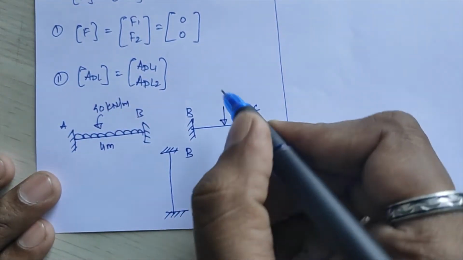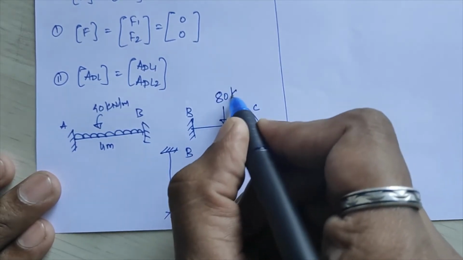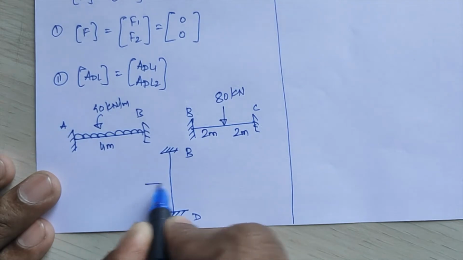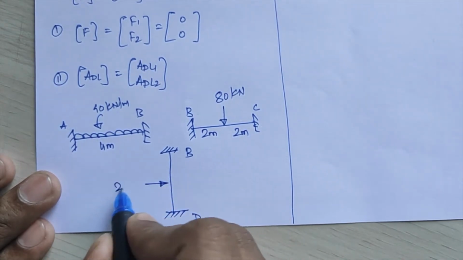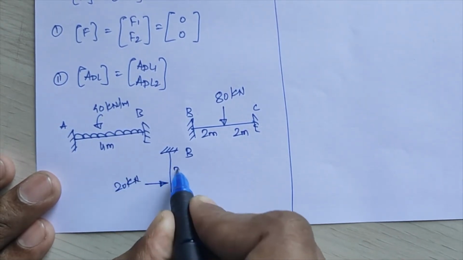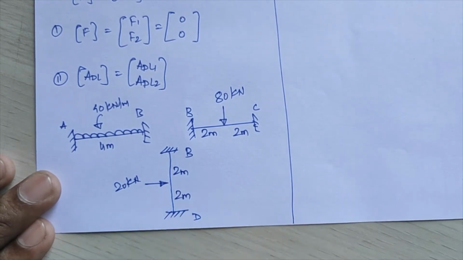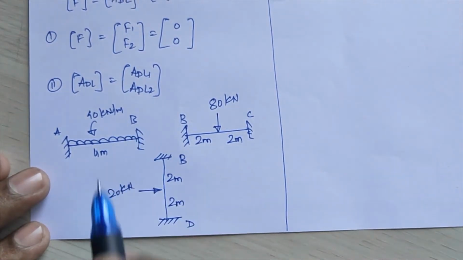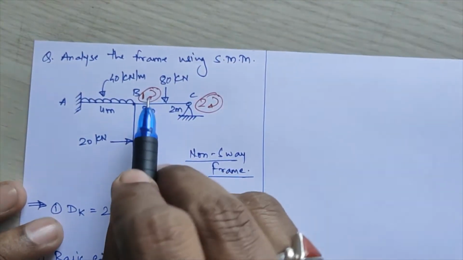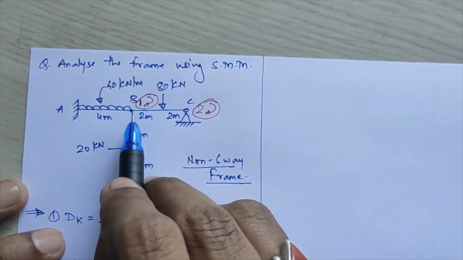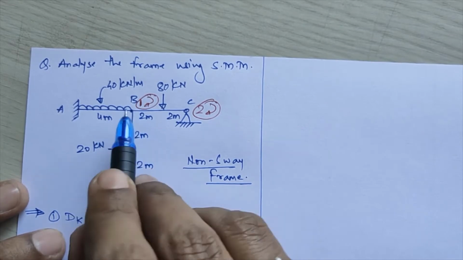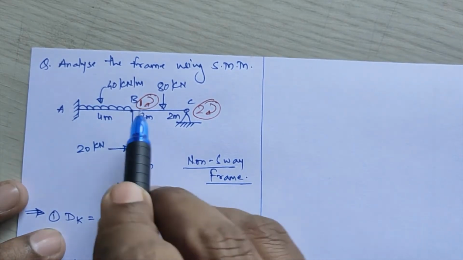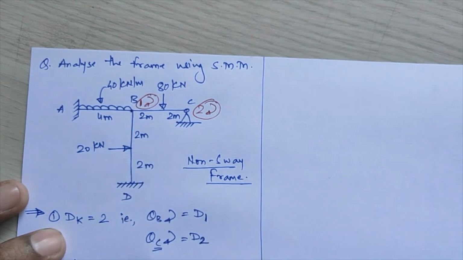Here you are having a point load of 80 kilonewton at a distance 2 meter and 2 meter apart from B and C, and this is again your 20 kilonewton at a distance 2 meter apart from B and point D over there. Right, now you have to calculate the fixed end moments. So selected at your first coordinate, whatever this first coordinate ADL1 value will be at point B, that will be your summation of fixed end moments of member BA plus member BD plus member BC over there.